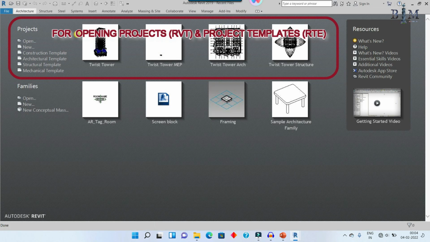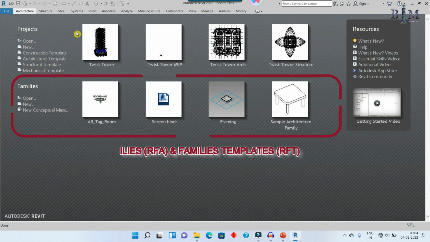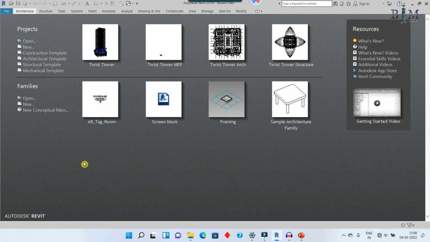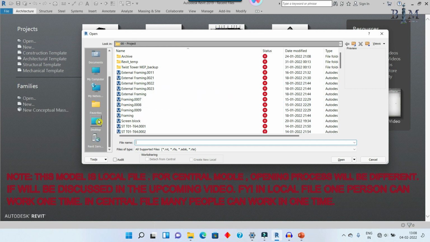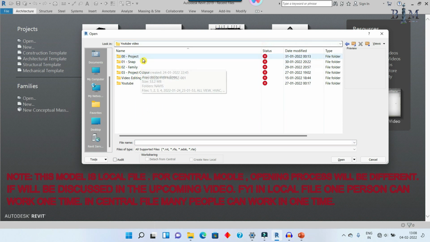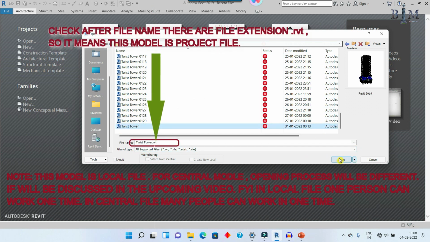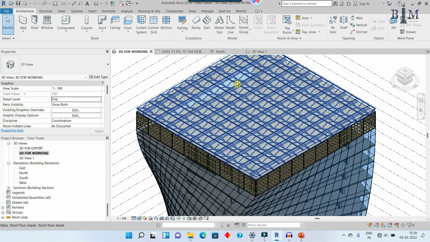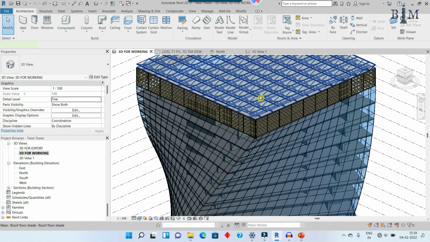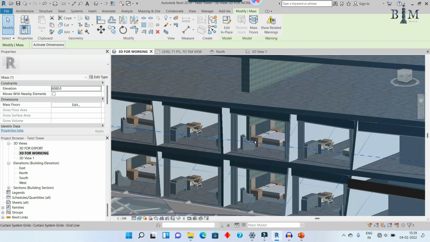This area is for opening projects and project templates, and this area is for opening families and family templates. For opening a working file, click open. Then select your working file. I already have a working file in my computer. Let me open this file. I am preparing this model for a YouTube tutorial only. Here I shall show you how to make model coordination and sub-drawing for MEP, architectural and structure step by step